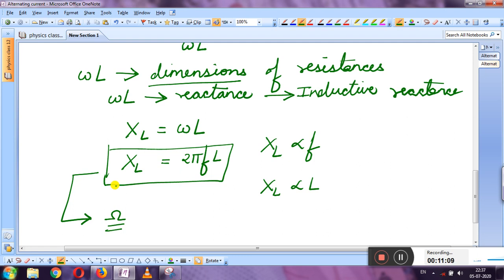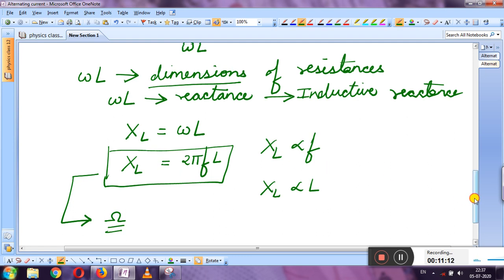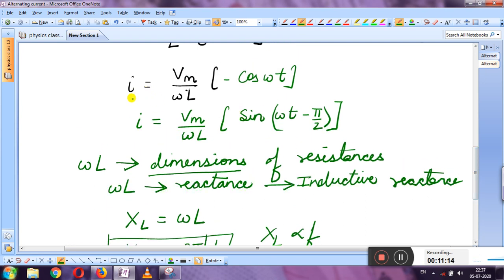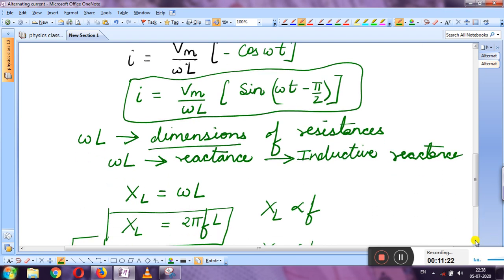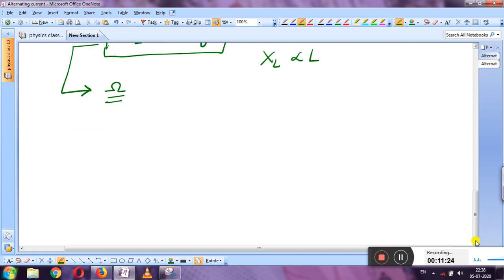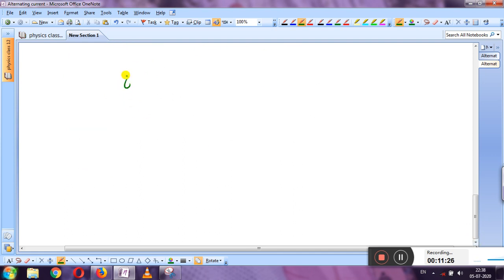After this, as you got the instantaneous value of alternating current in an inductive circuit, in this equation we can replace omega L by XL and write I is equal to Vm upon XL